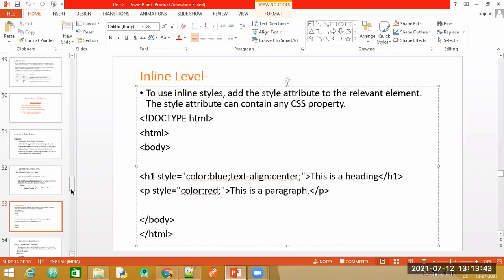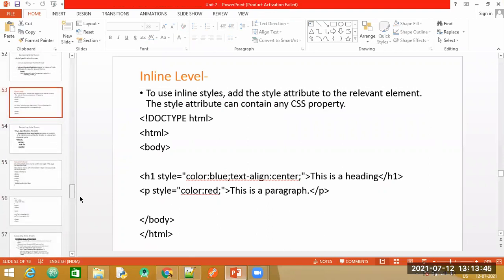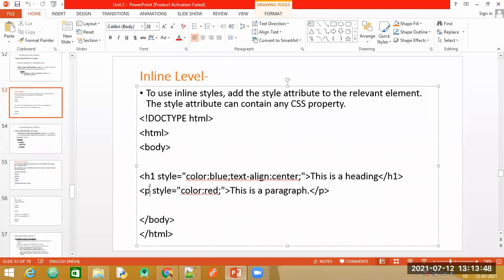So with inline style sheet, if you have, say, a number of p tags, for each p tag you can apply a different font color, or you can go on changing its beautification. So that is why inline is applicable. Whenever we make use of inline, we will apply it only to specific elements. If you have 10 p tags, all 10 p tags can be displayed in a different way. Okay, there is no generalization when we come to inline level.